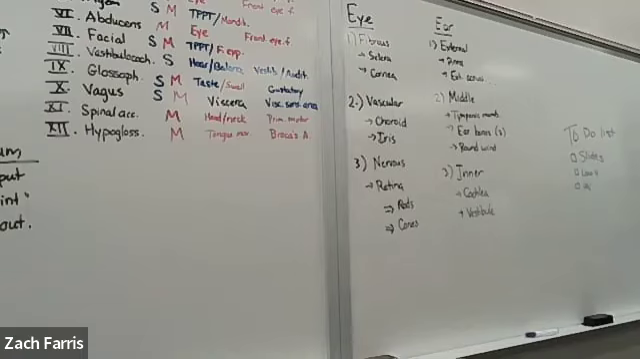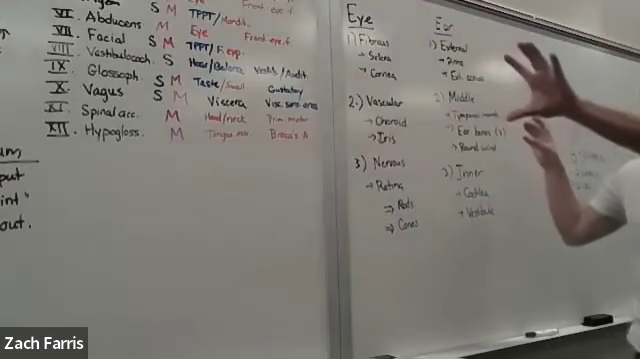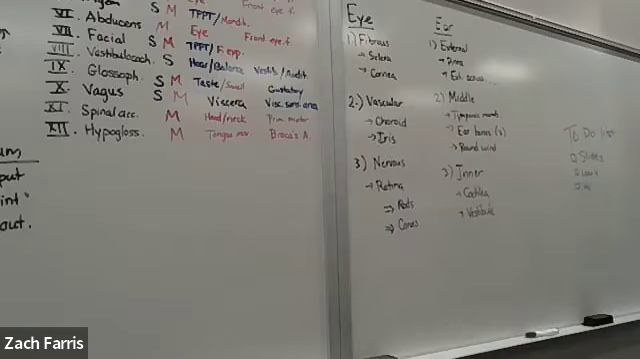Yeah, the visual area of the cerebrum. So there's going to be multiple questions just like that. What cranial nerve, what part of the brain, and then what other structure in the body? If I said